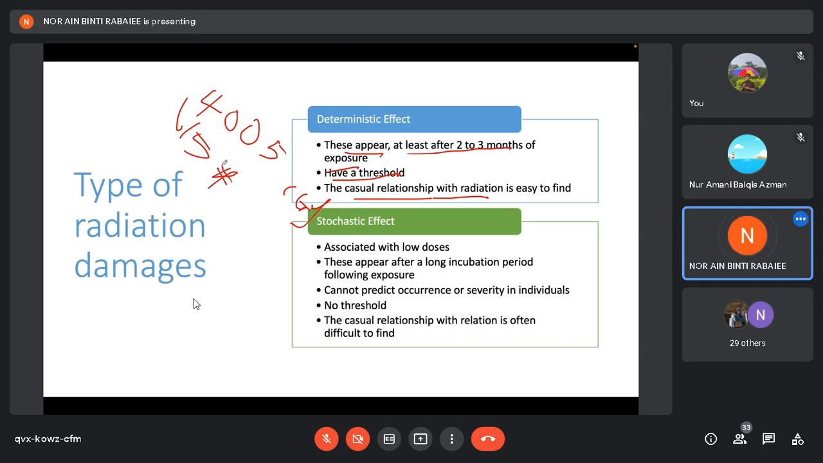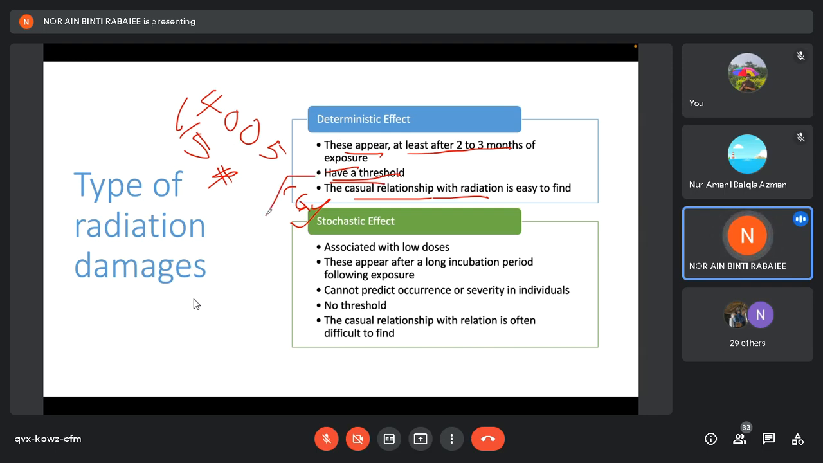you can see at the skin of the patient there is a redness or something. You can see the skin start to become red, and the skin maybe starts to burn. That is the effect of the radiation received at the treatment area. So this is an example of the deterministic effect. Okay, deterministic effect